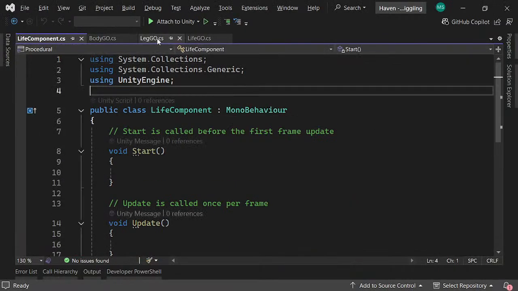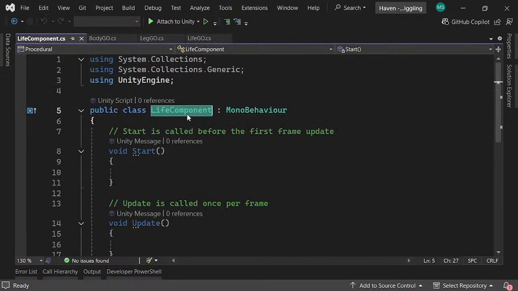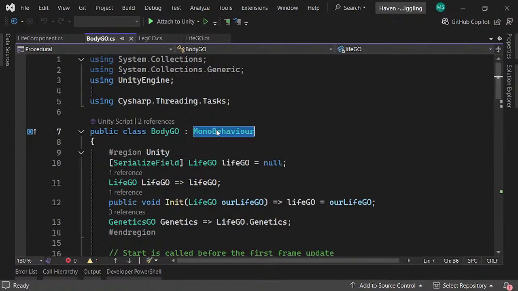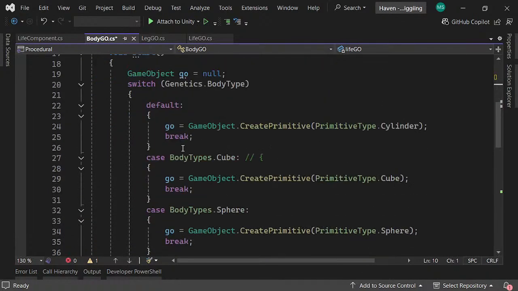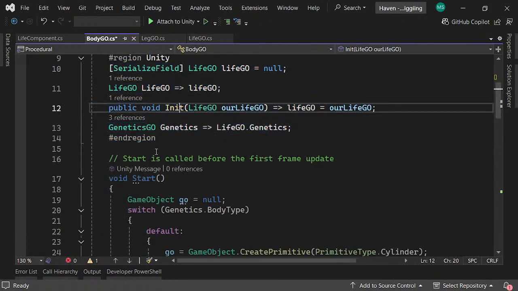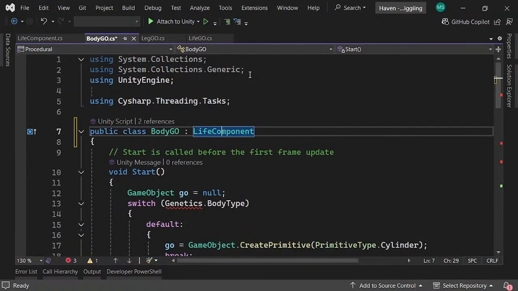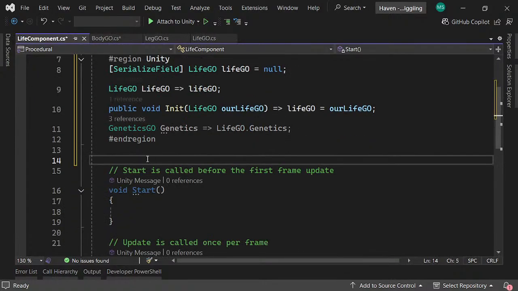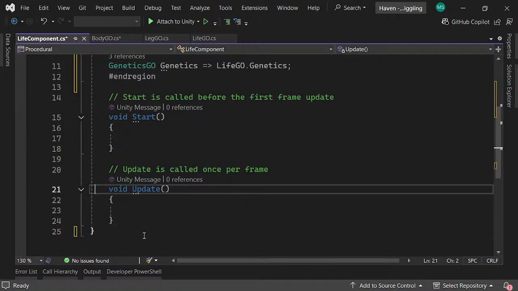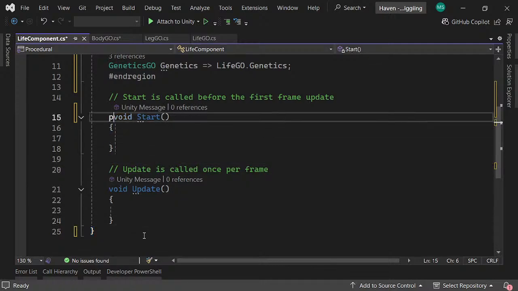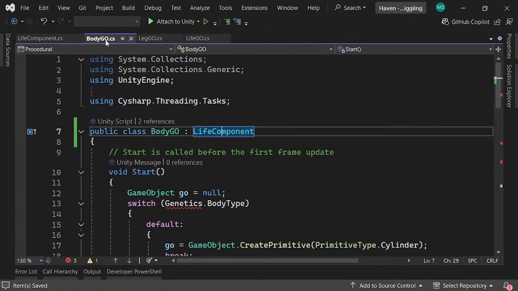Mm-hmm. And then we'll copy, so the body geo will inherit from life component here, oh no, here, and we'll cut this out, and then we'll go into your life component, which is here, and then we'll just say, okay, we're good, and I think we could say then, public virtual void start, and then the body geo can just say